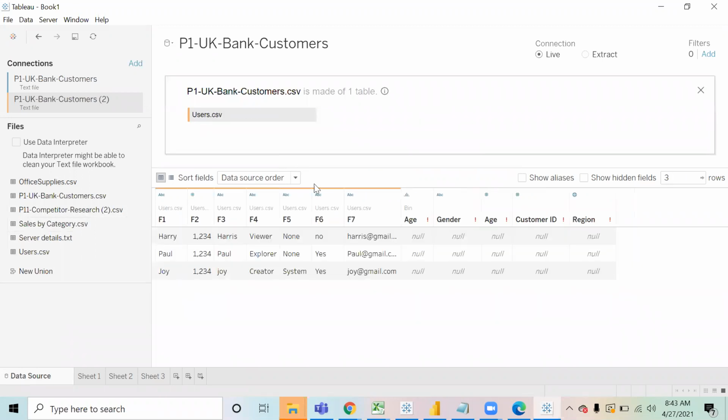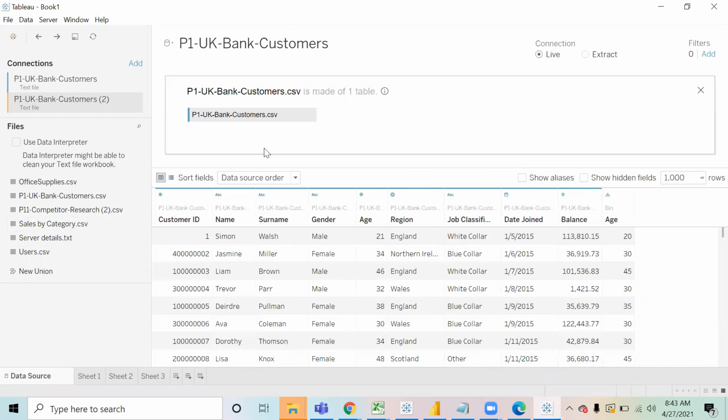Will it remove the duplicate values? Will it automatically take care of the duplicate values? No, this will not remove the duplicates. You have to take care that you remove them at the data source level. Okay, fine, we'll have to work on it at the file level.